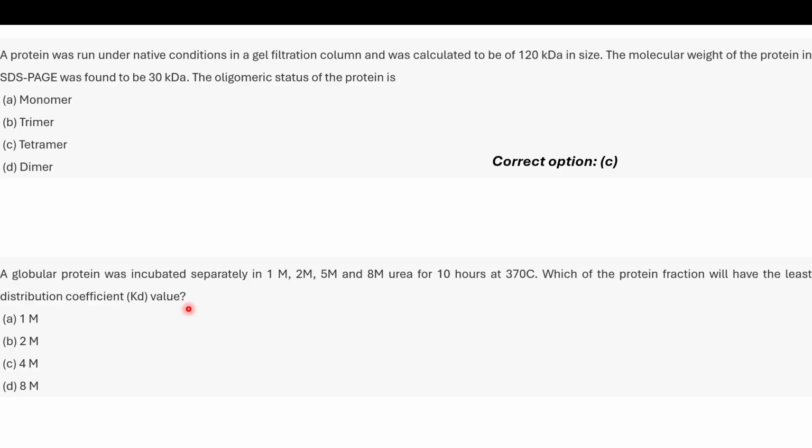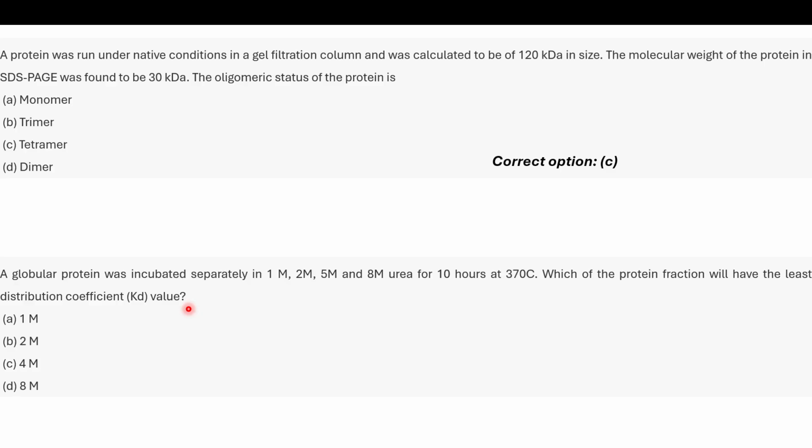Eventually, the overall hydrodynamic surface area will increase. So on an SEC column, a partially or completely unfolded protein will elute out much earlier as compared to a properly folded protein. The molecules which elute out much earlier have a much lower distribution coefficient as compared to